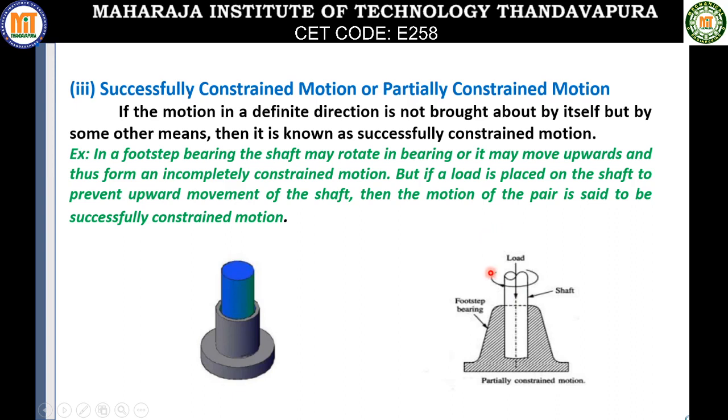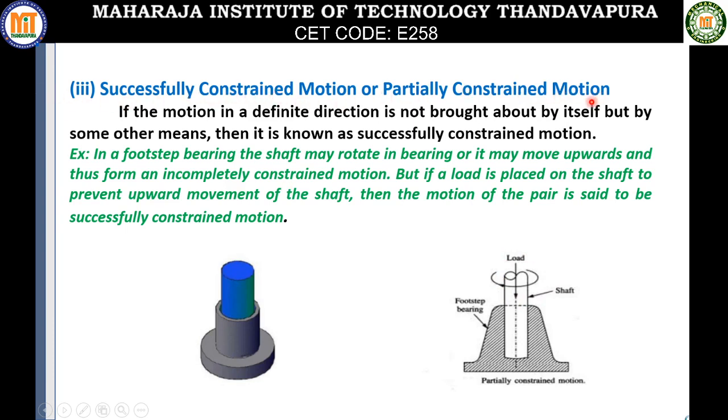Say for example, if I place a load on this shaft so that the shaft doesn't move upward and downward, it becomes stationary with respect to linear motion. So the only motion left for it is the rotational motion, is it not? So the only way it can move is to rotate, right? So this possibility of converting an incompletely constrained motion to a completely constrained motion is the third type of constrained motion, called successfully constrained motion or